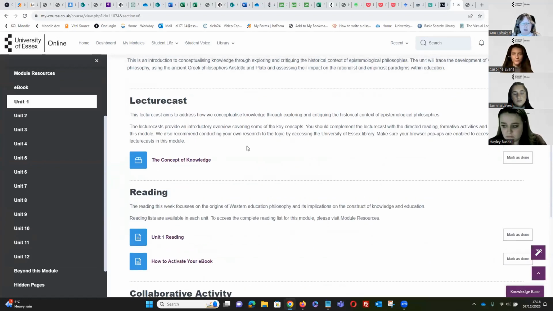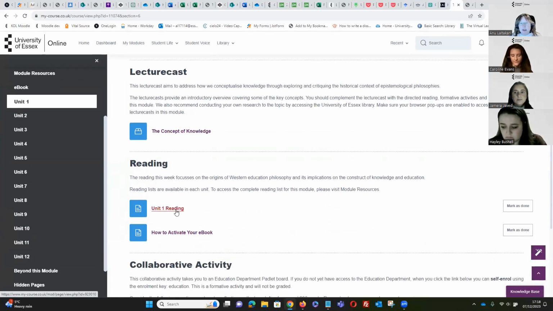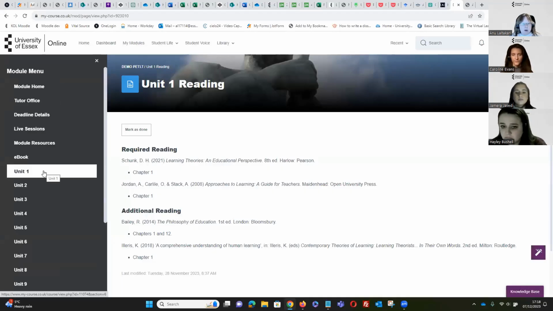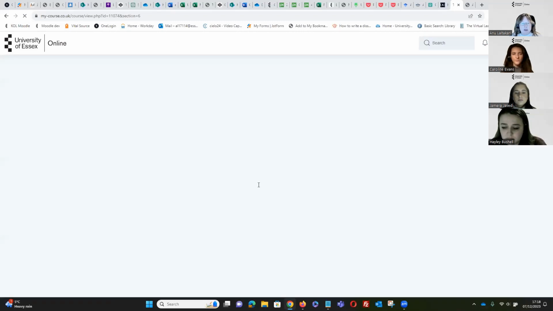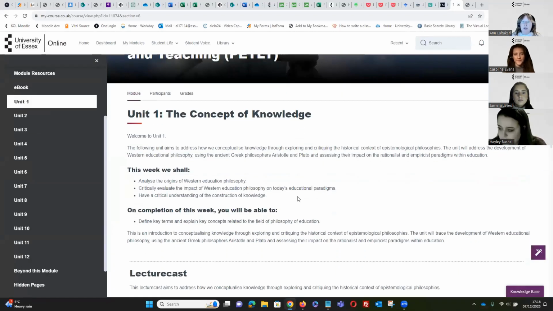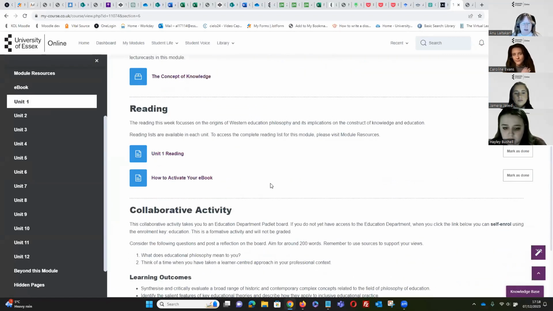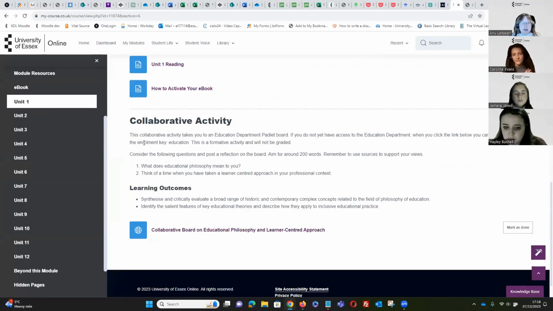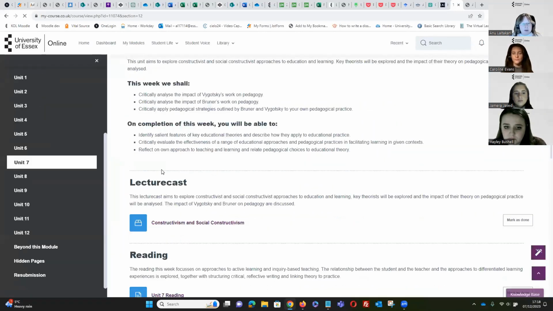So in this unit, we have a lecture cast, and I'll show you the psychology one in a moment. We also have the reading in the unit as well, just in case we need it, or in case our students want to do some research on their own and use the library to find these resources instead of using the direct links from the reading list. And in this case, in Unit 1, we have a collaborative activity which actually uses Padlet as well. So I'll just randomly pick a few of these